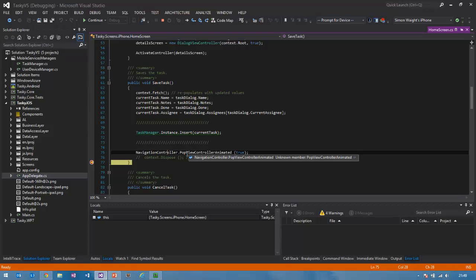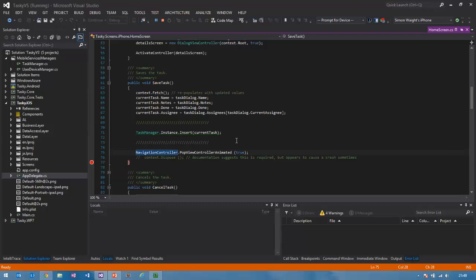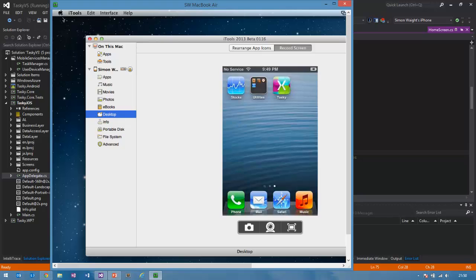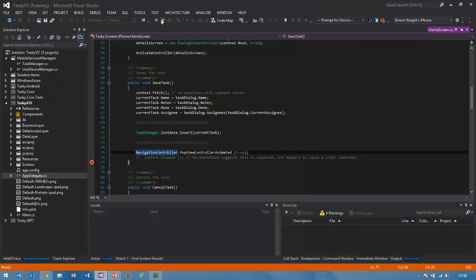So obviously this application's footprint is slightly bigger than a final build would be, because they don't obviously deploy with a debugger for a release build. So let's just go ahead and hit F5 on this. So we should now see, if we look back in VNC, that's now back home. So that's cool. So let's go ahead and exit out of Tasky Pro, and then we'll stop our debugging session,